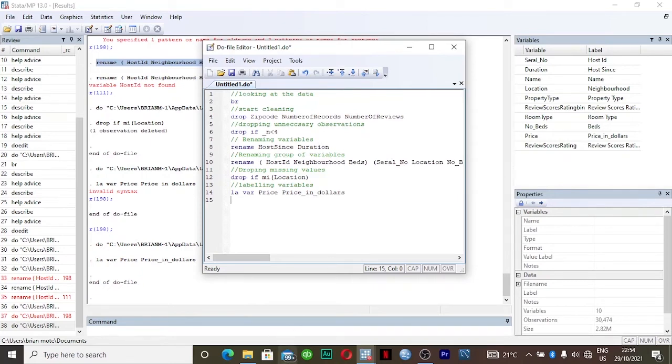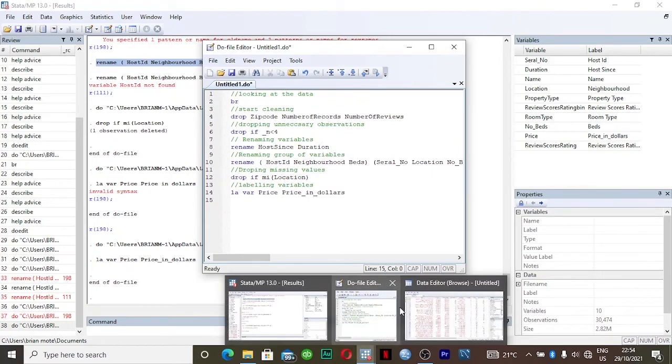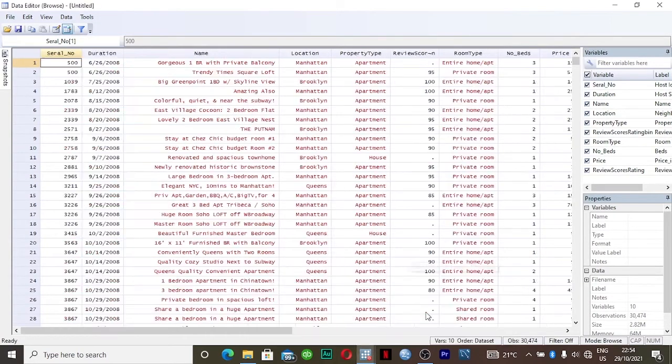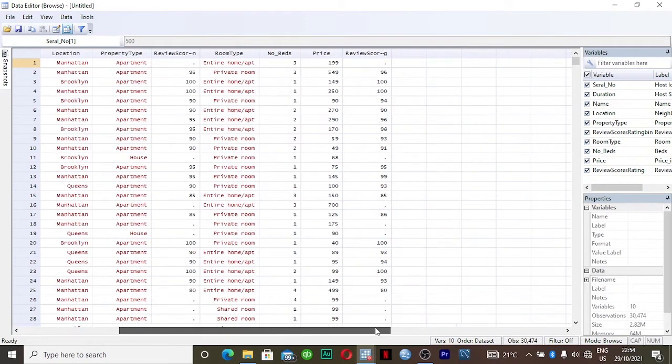After labeling our variables, we can go back to our browse window. What else needs to be done? I think our data right now looks amazing.